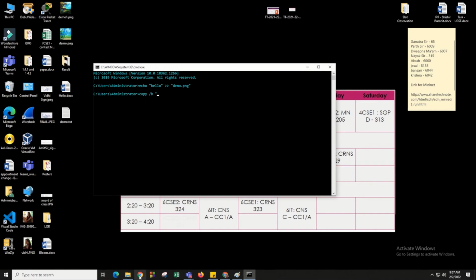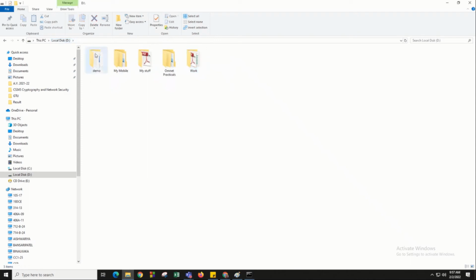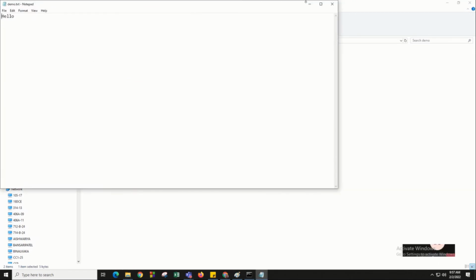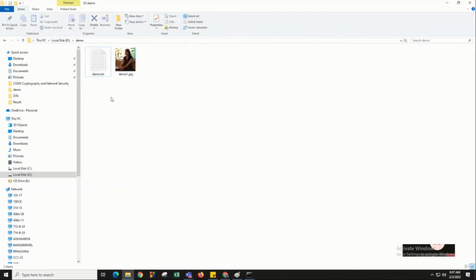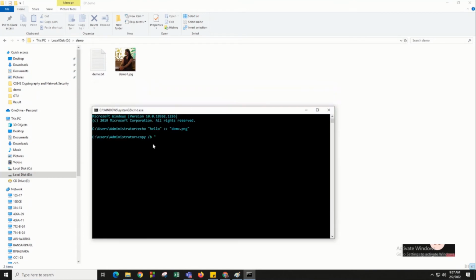Let's assume that in D drive, in demo folder, I will use this text file demo, and this is the image behind which I am going to hide this file. So for that we need to write the whole path over here.